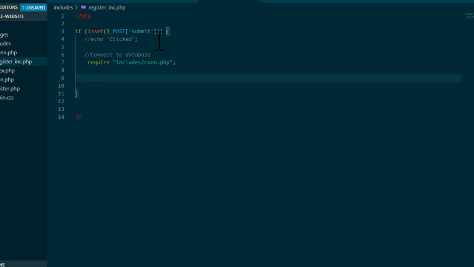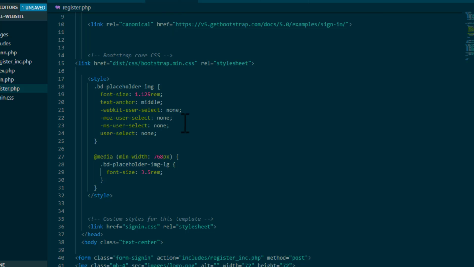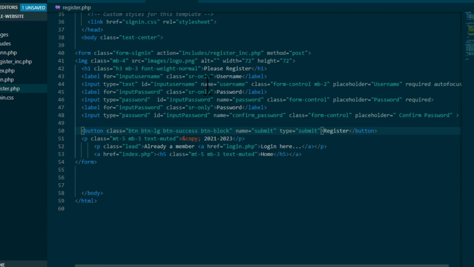So if we successfully connect to the database, then now we can start collecting the information from the form. So remember, in the form we want to collect the username, the password and the confirm password